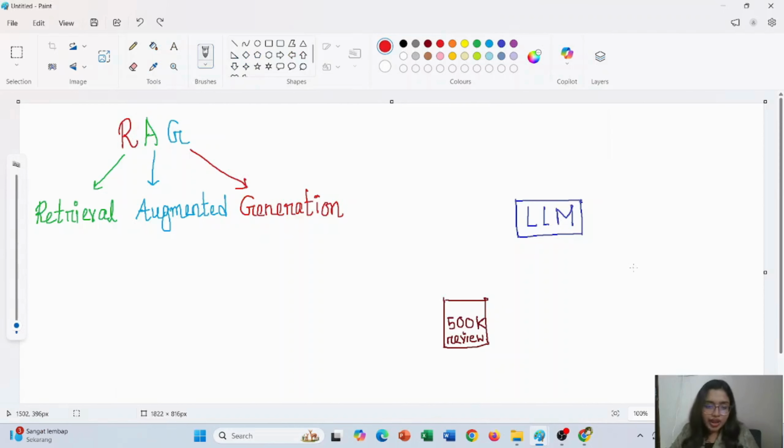Okay, so RAG stands for Retrieval-Augmented Generation. Now, before understanding RAG, let's revisit the problem that we were facing with LLMs. So, LLMs like GPT are trained on a large volume of internet data. So, whenever we ask any query to this LLM, it's gonna answer us based on the data it has seen